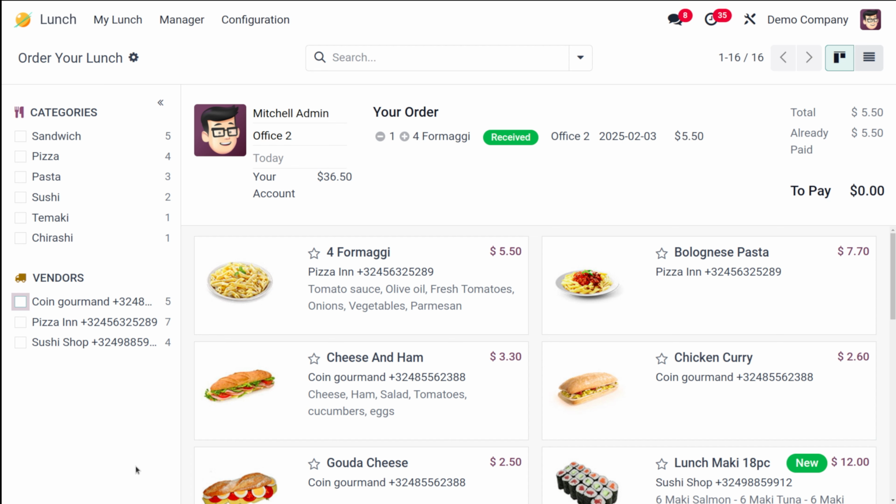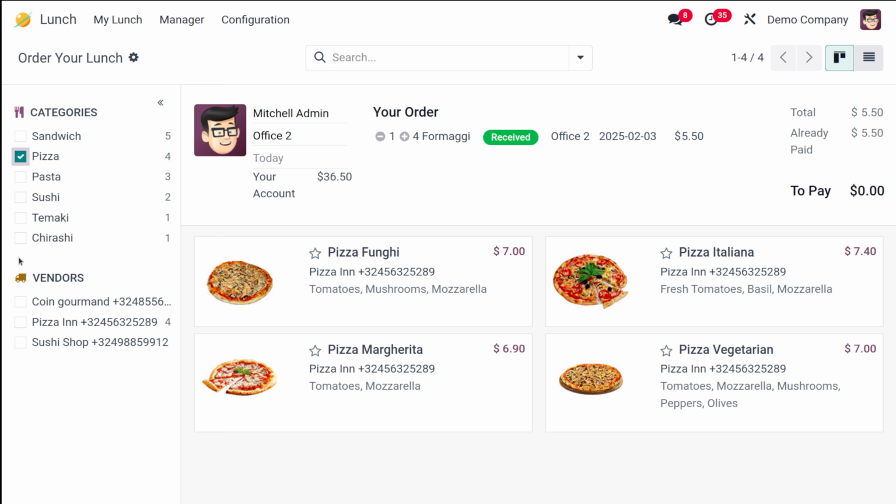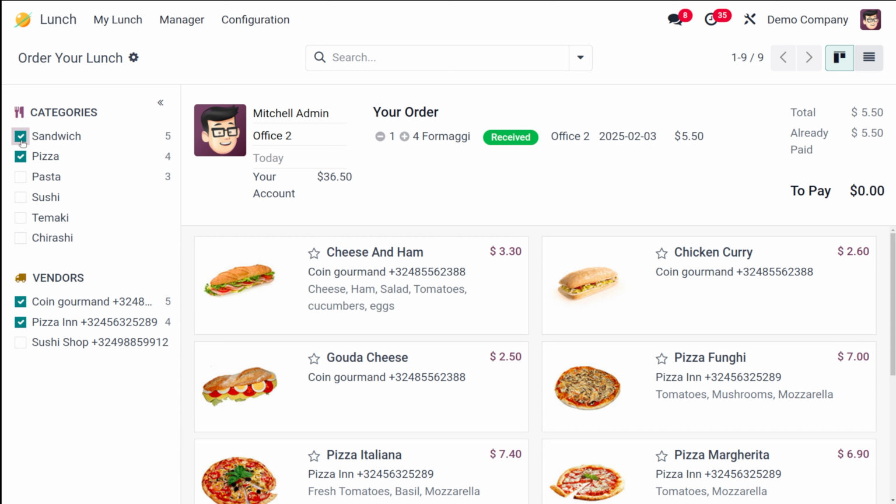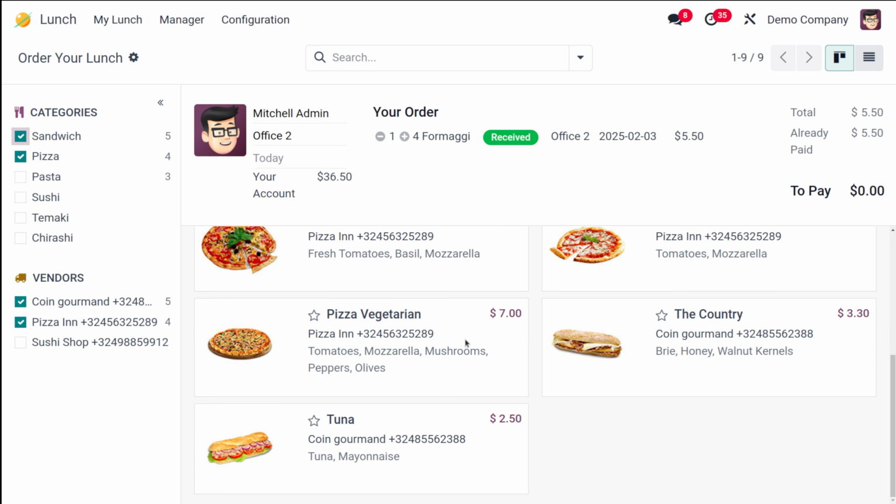Selecting multiple filters will display products that meet all the selected criteria. If I'm looking for pizza from Pizza Inn, and also the other one, all the food items which come under that will be shown. If I want sandwich also, that will be coming there. As I said before, the items that meet all the selected criteria are what is shown here.